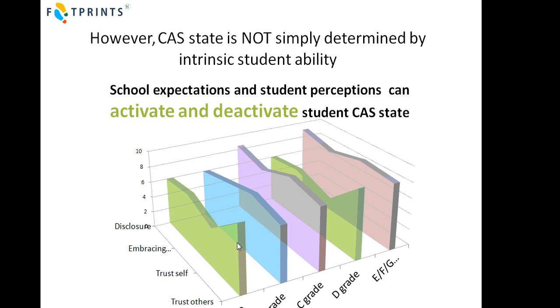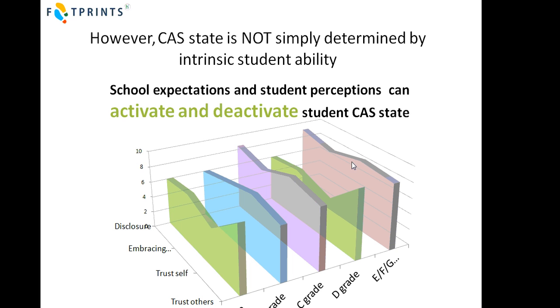It was seen in the A grade students, to a lesser extent in B grade, disappeared in C grade, and then reappeared in the D grade and disappears in EFG grade. And in fact, EFG grade and C grade, this is the least optimal learning state, CAS state, if you like, that we think gives the student quite a complacent attitude where they have a high trust of their own ideas and opinions, and they're not really bothered about internalizing other people's. They're not energized or prepared to strain or work hard to engage.